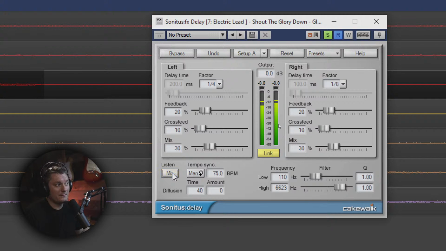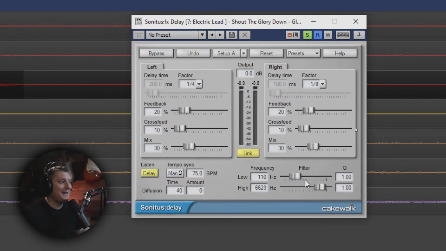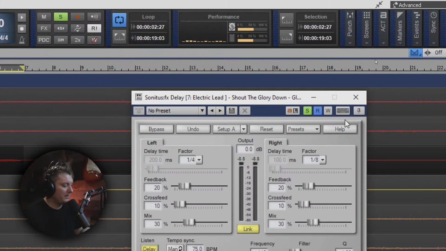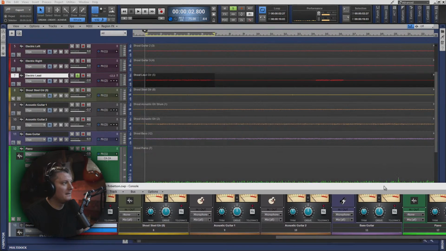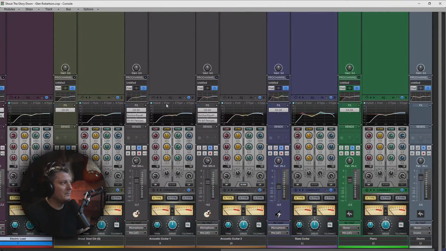Or this is the mix. That allows you to hear just the delay itself, you can EQ it differently, and it even has the filter built in. So I can shave off all the low end, shave off a lot of the high end, and get sort of that Abbey Road reverb trick going on here, which is just beautiful for getting things to set into a mix. Fine. And I'm going to sort of loop this section here